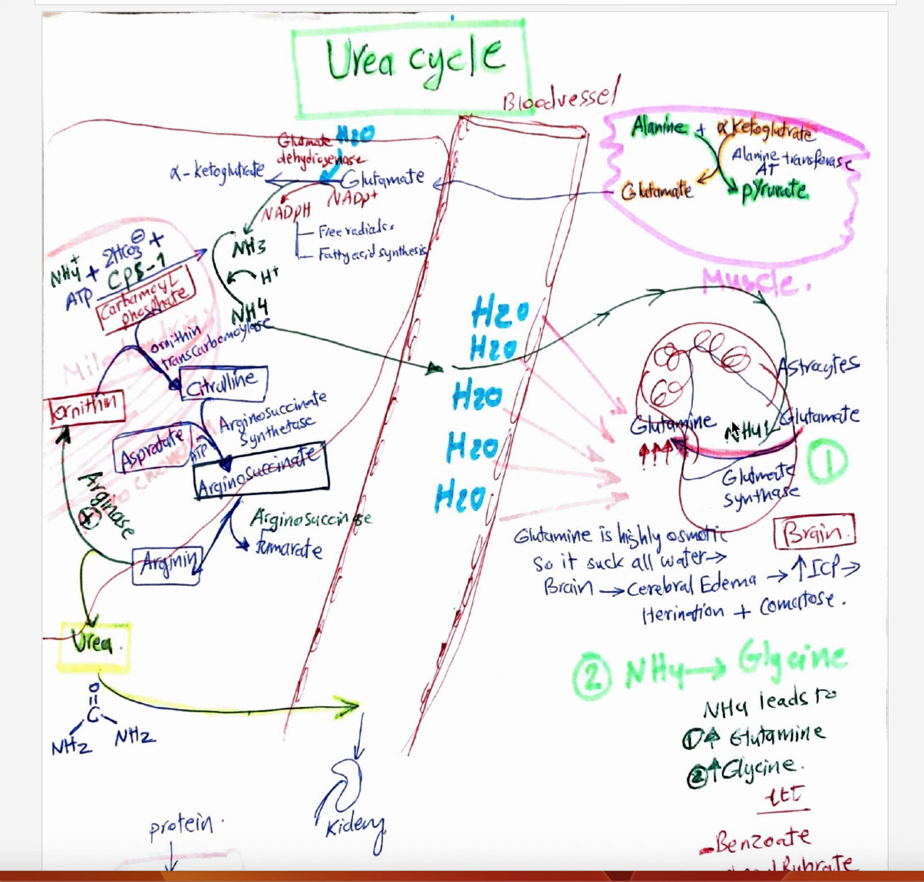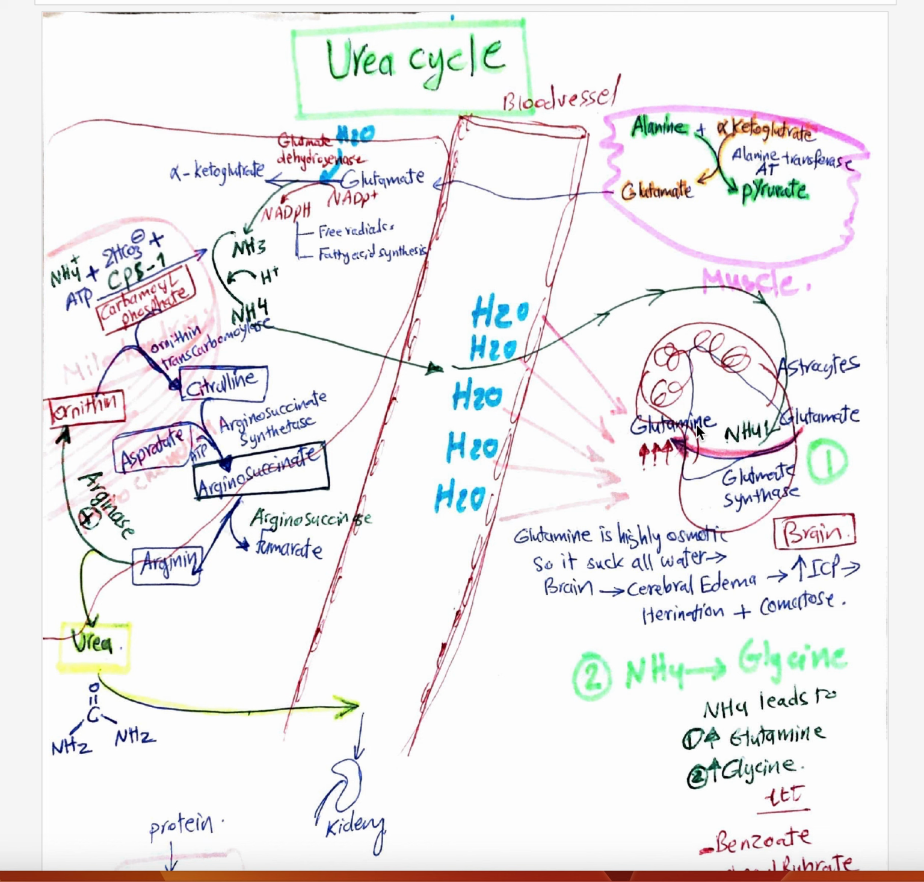And you know what the problem of the glutamine is? It increases the osmotic pressure, and then the glutamine sucks in all the water from the bloodstream into the brain, and that leads to cerebral edema, which increases the intracranial pressure, and that causes herniation and coma. So that is the problem here of increasing the glutamine,